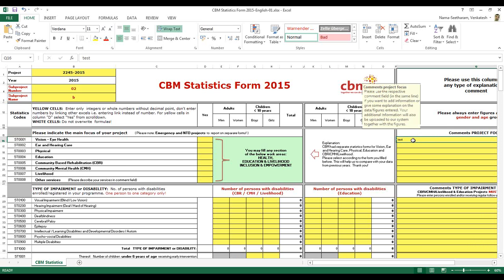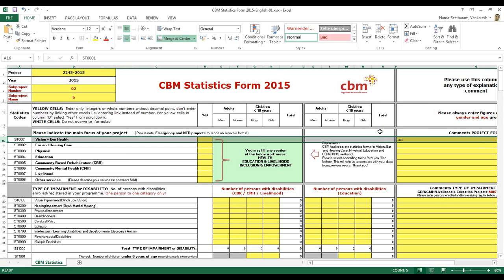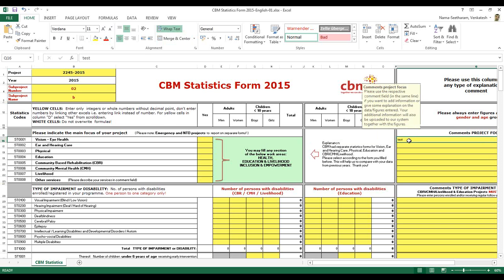So the major advantage is, earlier they used to send an email or attach an email writing their comments, which was not captured in the Navision. But now whatever comments they want to give, they can give it in column Q, but they should ensure that they are not merging the cells like this and giving the comments. One row should be used for one code, the respective code, respective column. Otherwise it will not get imported into NAV and we may lose the data. That is the importance of this comments column.